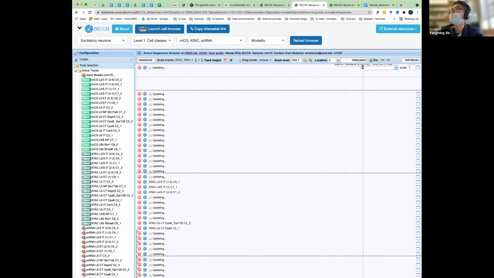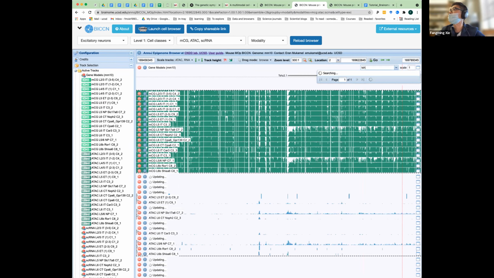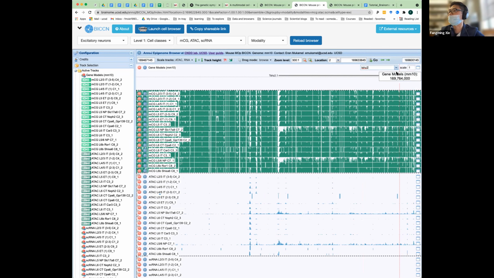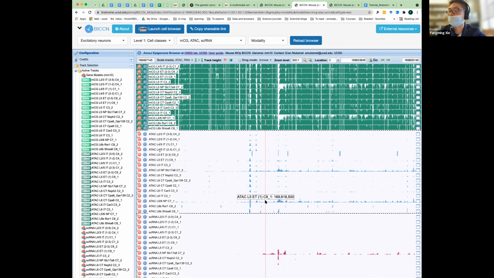Then let's go to that particular gene. It's loading, it might take a few seconds. TSHZ2. Oh, it's already here, but if it's not, you can just type that gene. It leads you right to this page.